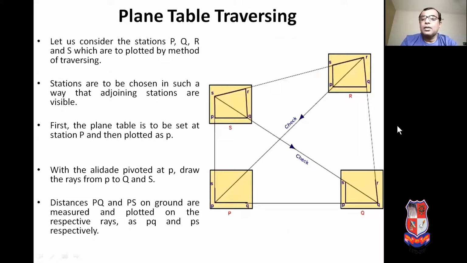Now let us discuss the method of traversing. Let us consider the stations P, Q, R and S, which are to be plotted by the method of traversing on the drawing sheet as small p, small q, small r and small s. Stations are to be chosen in such a way that adjoining stations are visible.